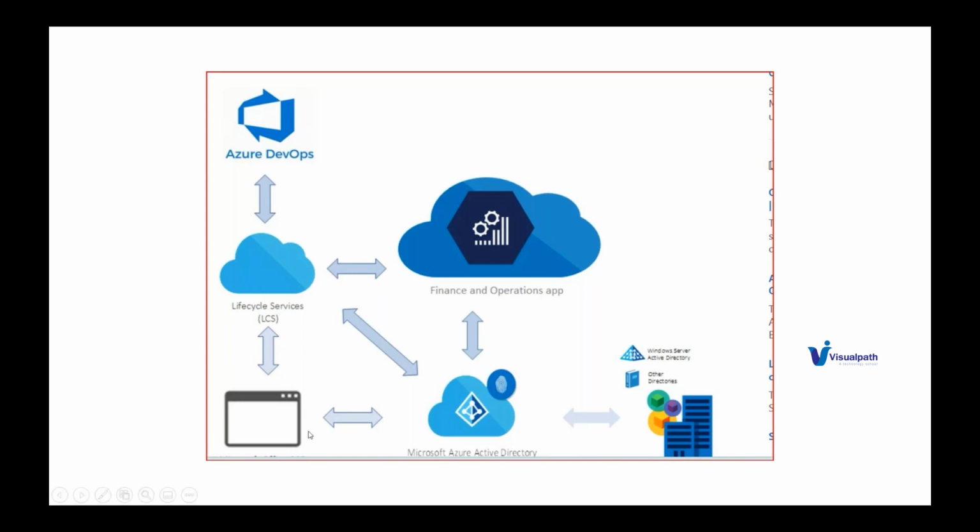Here they have displayed the office apps, but right now this is not important for you, but I'll just explain what it all means. You want to export some data from finance and operations, or you want to make some modification and push it back to finance and operations. At that time you can use Excel, Word, all of which are integrated with finance and operations. That's what they are showing here. Sorry, when I took the screenshot, it has gone. Let's move to the next slide.